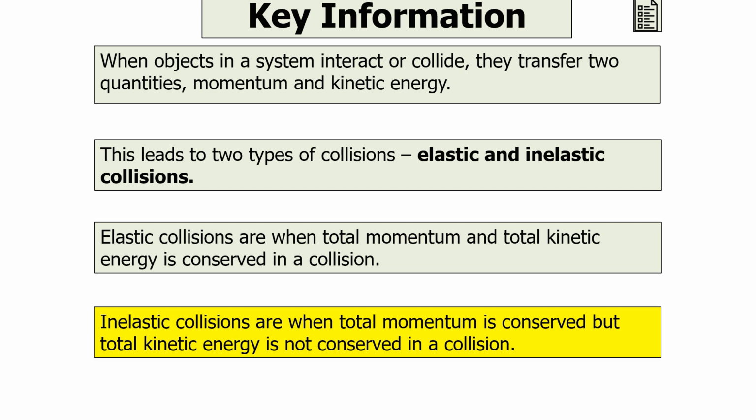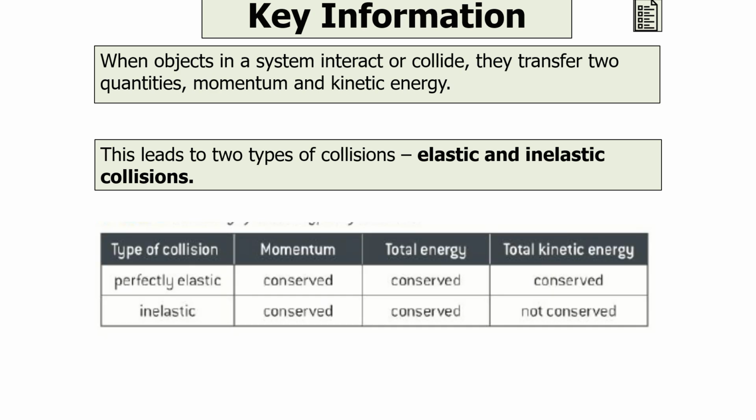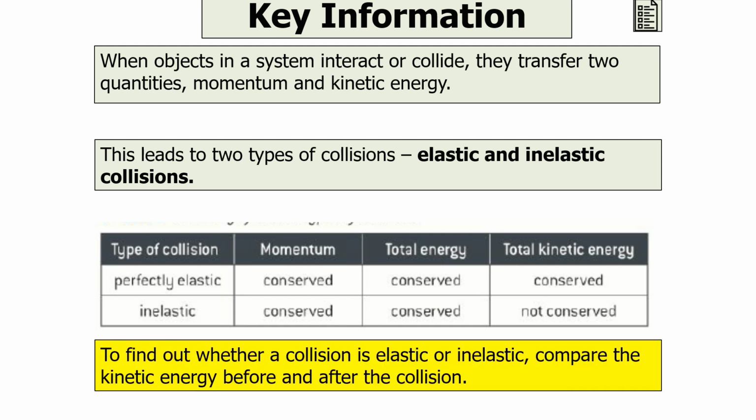collision. So you can see in the following table that if something is perfectly elastic, momentum is conserved, the total energy is conserved, and the total kinetic energy is conserved. But in an inelastic collision, whilst the momentum and the total energy are conserved, the total kinetic energy is not conserved. So to find out whether a collision is elastic or inelastic, you must compare the kinetic energy before and